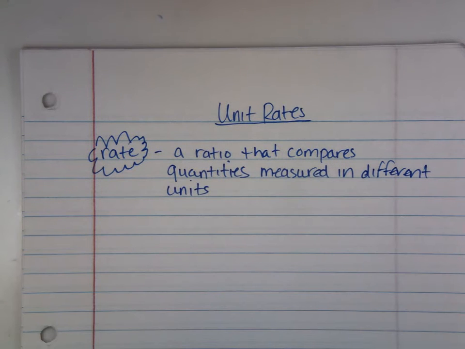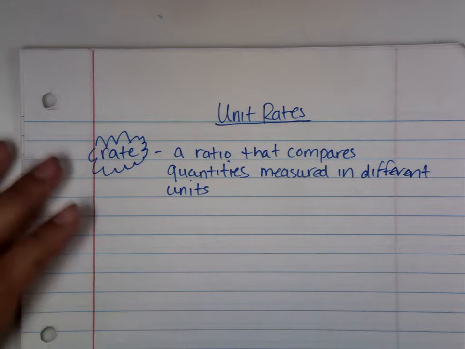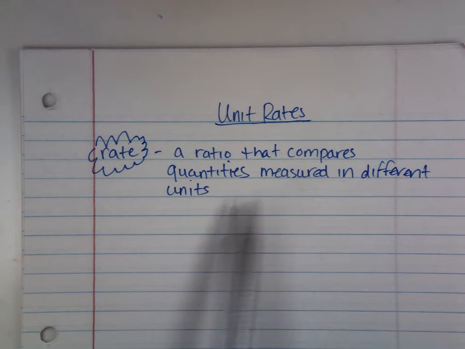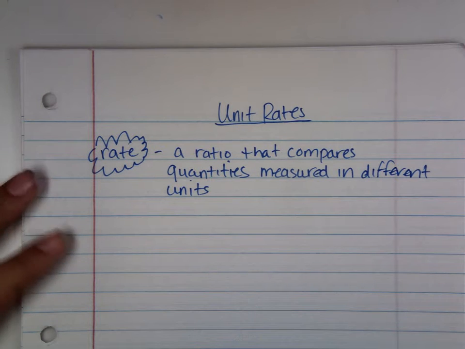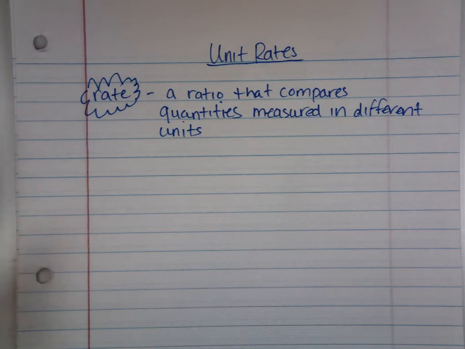Okay, quantities sounds kind of like a weird word, but quantities pretty much just means numbers. So it's like a ratio that compares different numbers that are measured in different units, and we're going to go over some examples about what these different units are. Okay? So, for example,